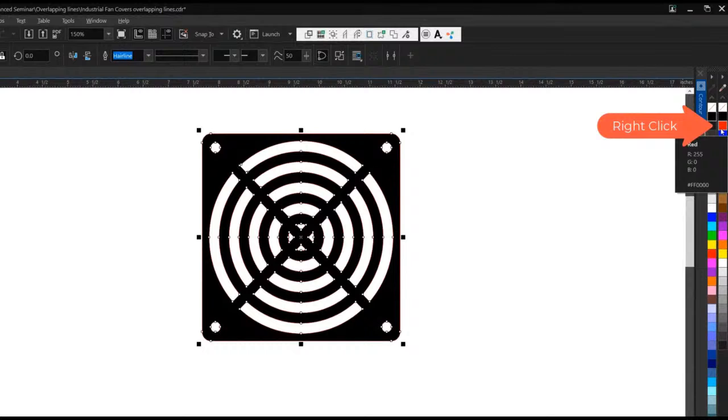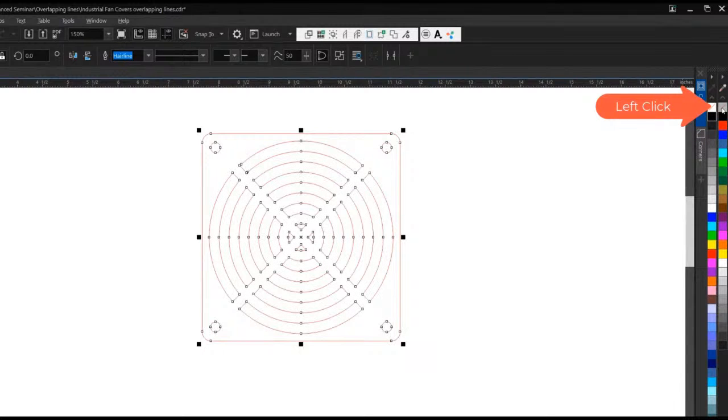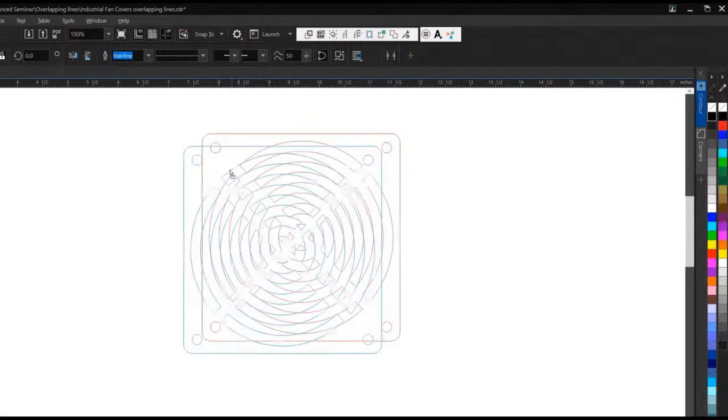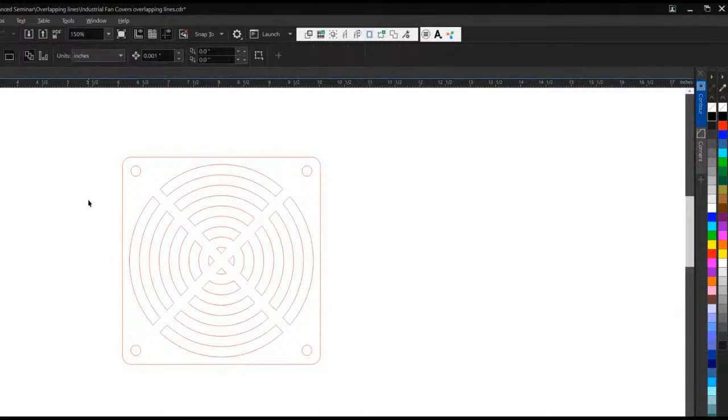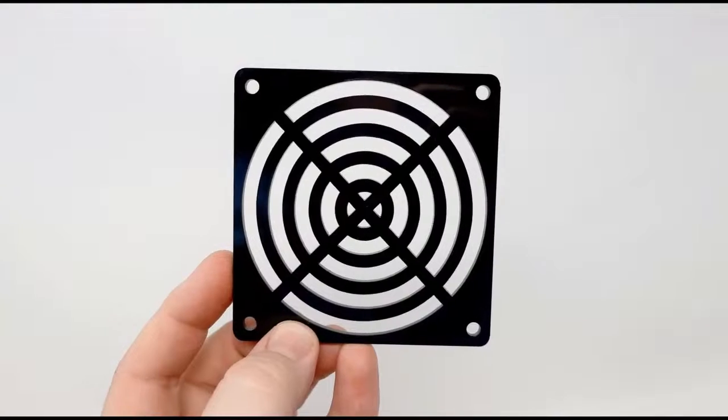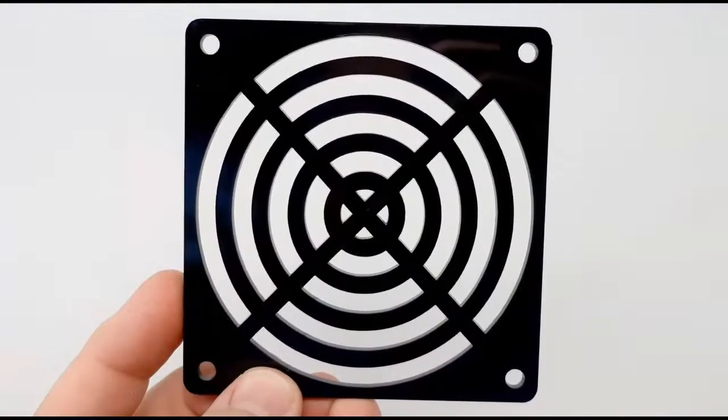It's also going to give me a much cleaner laser cut because each of the individual entities now are one solid graphic. And so the laser will go around and cut them in order, where if you have lots of little pieces, the laser may jump around, your quality won't be as good. And so here I cut out a piece of black ABS plastic. This is an industrial fan cover. And you cut that ABS plastic out and you get a nice clean finished result when you're done with that,